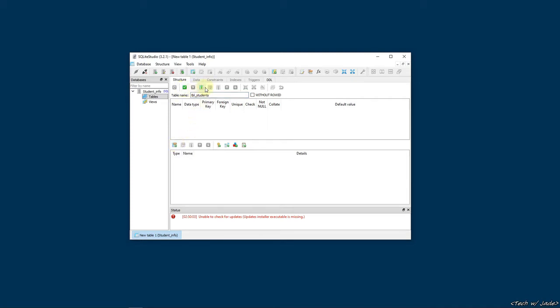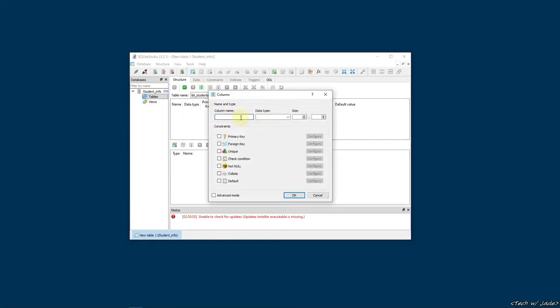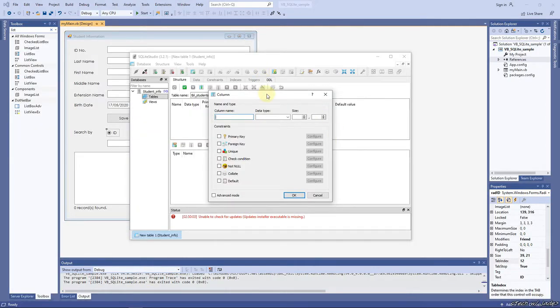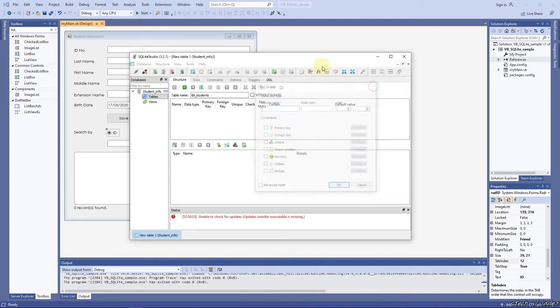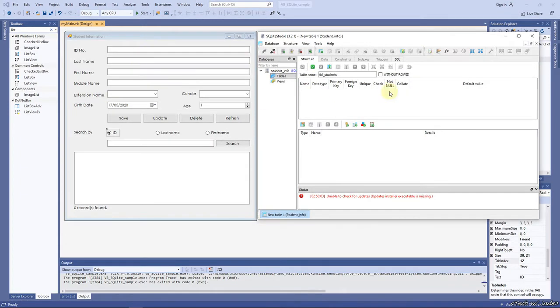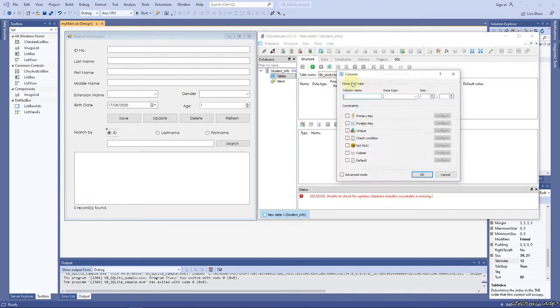Then it's okay. Let's add column. So our first column, based on our design, let's move this one. So we will design our database table based on the data that we collect. We will add, so the first column is